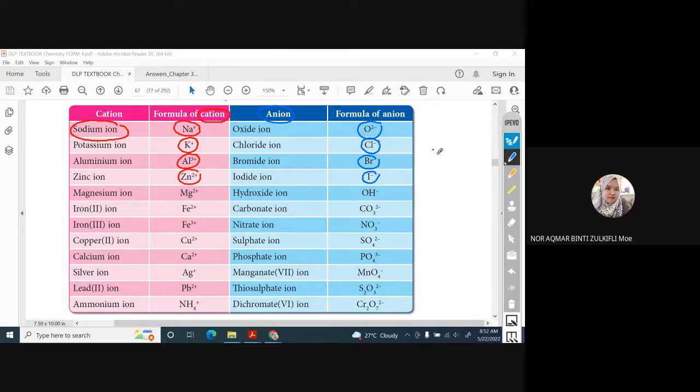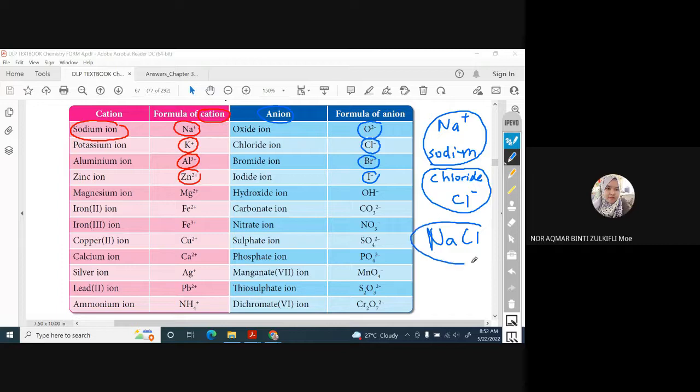Let's say I told you sodium chloride. Ini selalu keluar examnya. Sodium chloride. Okay, so sodium Na plus. Okay, sodium. Kalau chloride Cl negative or Cl minus. Okay, sometimes I call Cl minus lah. Sometimes Cl negative also can. Sama juga sodium Na plus or Na positive. Okay, but how? How we want to know the name become NaCl? Okay, when you write NaCl, no charge, right? Kenapa tak ada charge pula?